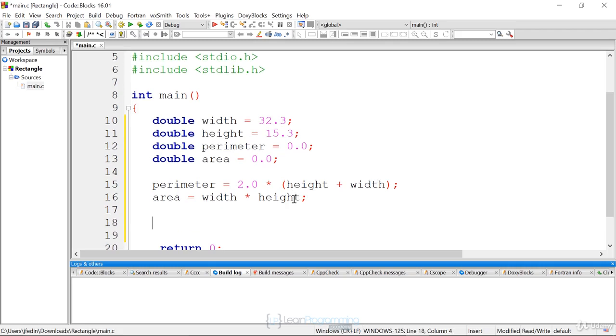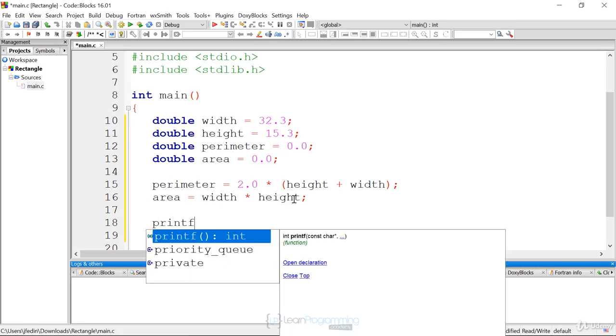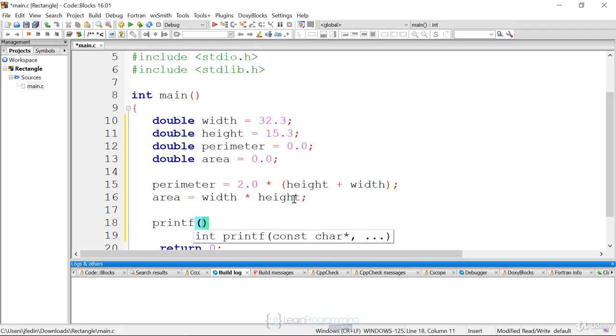The last thing I want to do in my program is display this output to see if it's correct. I can use the printf function to display output. And when I want to display the value of variables, I have to provide format specifiers. But remember, the printf function first takes this first argument. Anything inside double quotes will be displayed to the screen. So here we could print out all three variables, or we could just print out the perimeter. Let's say perimeter